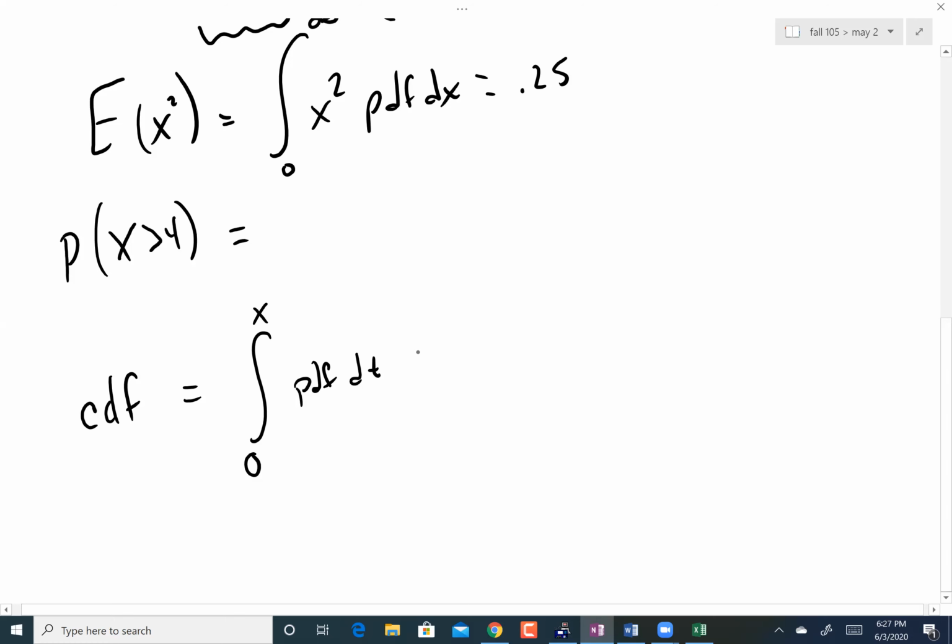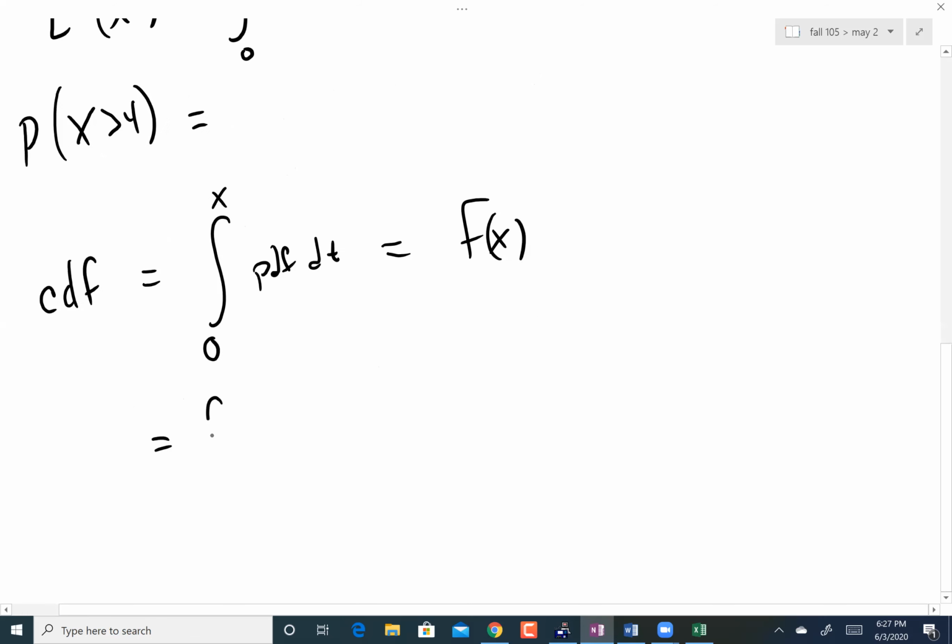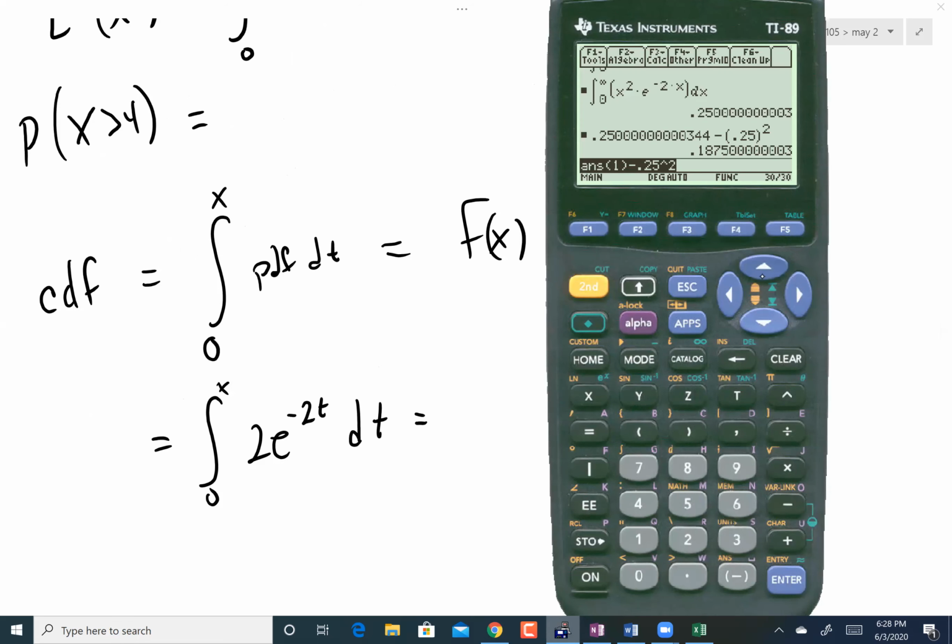And when you're done, this will be a function of x. So in this case, it'd be from 0 to x of e to the negative 2t dt. And so my CDF would be,